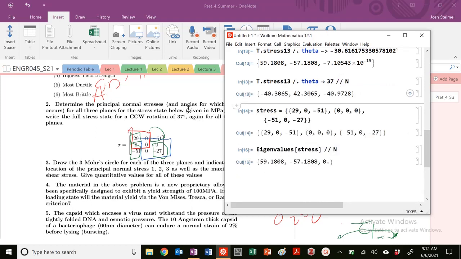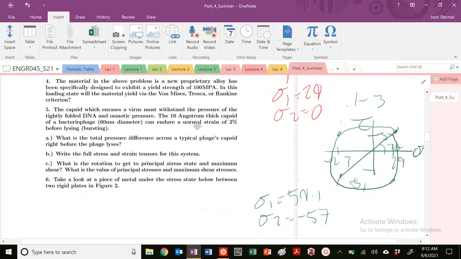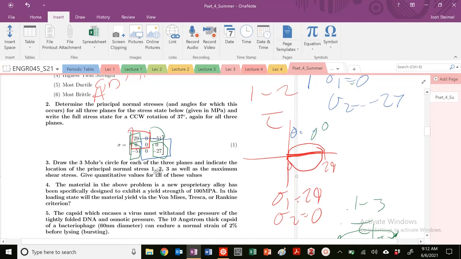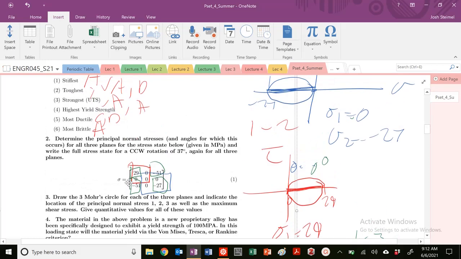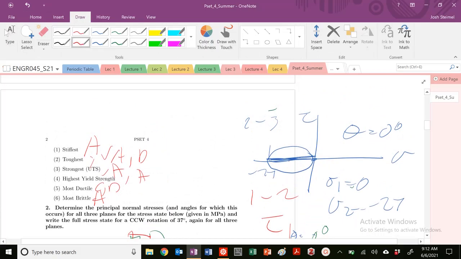So you can give those values for these rotations, pretty straightforward using this approach. Now, we've drawn the Mohr circle, and now we need to figure out the principal normal stresses, and then we also need to give the maximum shear stress values. To get that rotation, when we're in the principal normal stress state, we just need to go to a 45-degree rotation. Remember, it's 90 in the Mohr circle, but we're in 2 theta space,